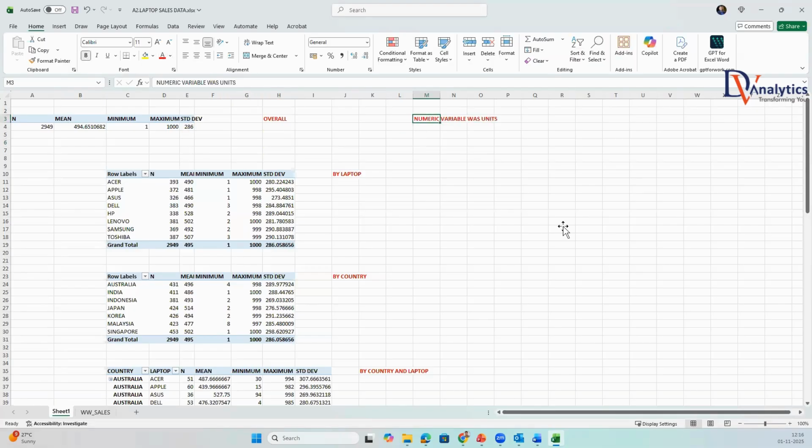Is this clear? Yes, sir. Right. Now, what does it mean? By default, if I go to SAS, in the SAS, if I write proc, first of all, I want to summarize this value as a count. Second one, I want to summarize this value as a mean. Third one, I want to summarize this value as a